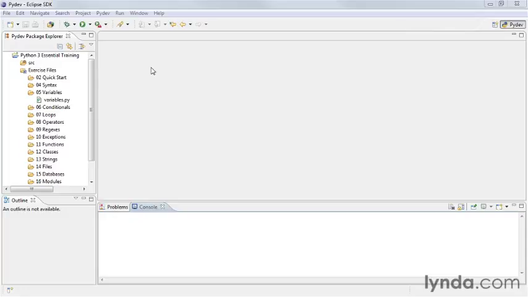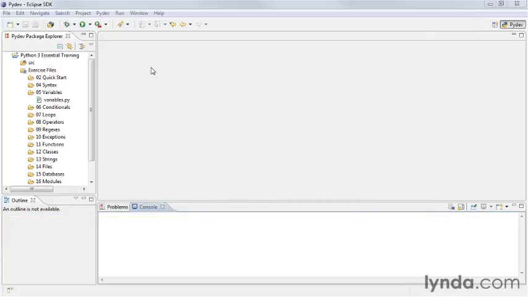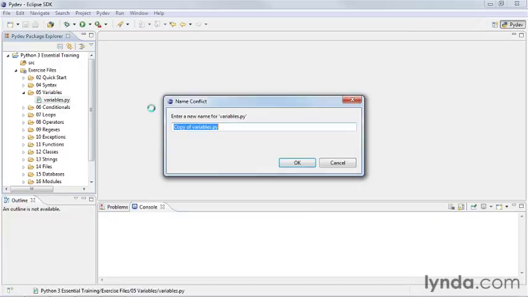Python has some very powerful facilities for working with strings. And in fact, in Python 3, they become refined and in some cases even more powerful. Let's get right into strings, and we'll start by making a working copy of variables.py, and we can call this